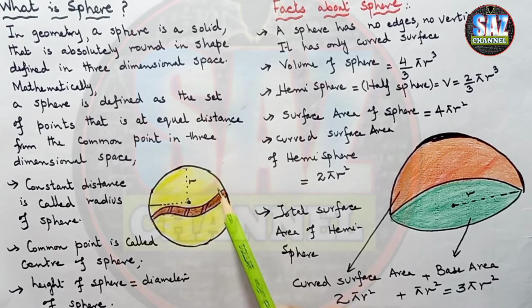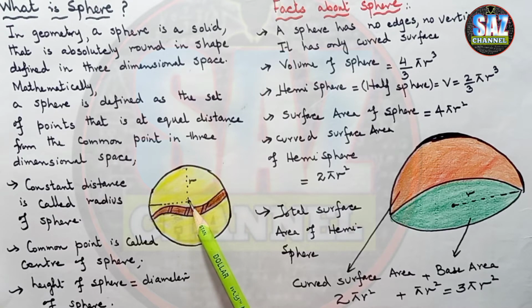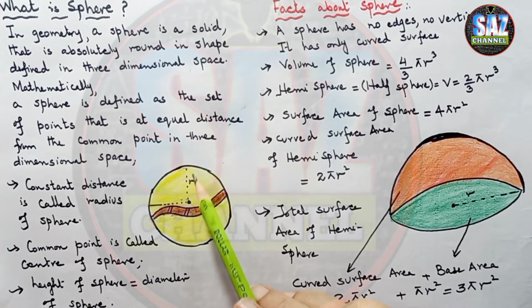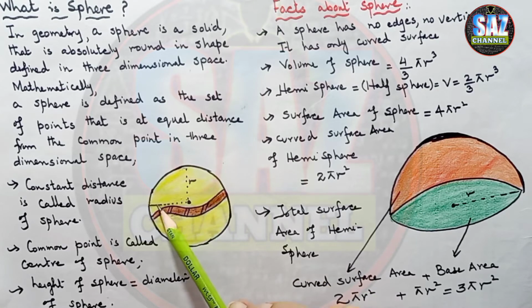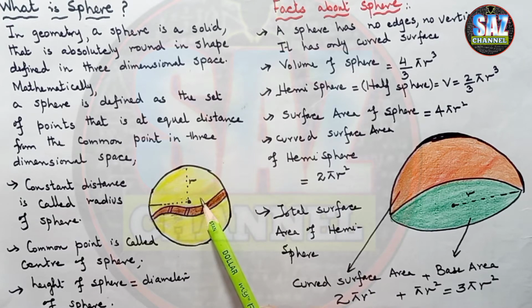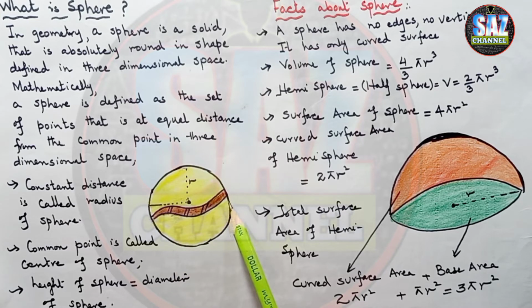Compare this object with a circle in two dimensions. If we recall the concept of a circle, this fixed point in the circle was called the center of the circle, and the distance from the center to the outer boundary or the circumference of the circle is the radius, and the line that was passing through the center of the circle, and has two endpoints on the circumference of the circle, that was the diameter. These are the points which are common in circle and sphere, but keep in mind that a sphere is not a circle because a sphere is a solid object.